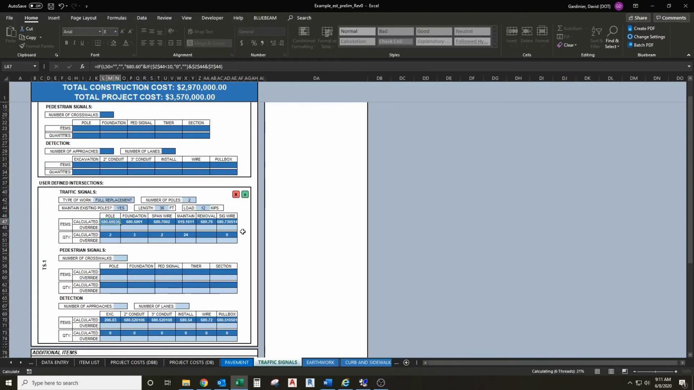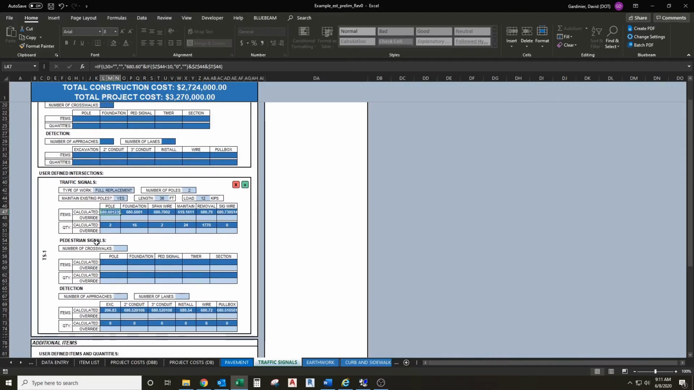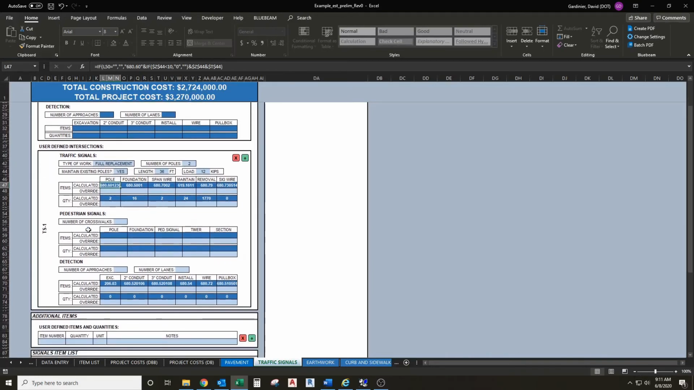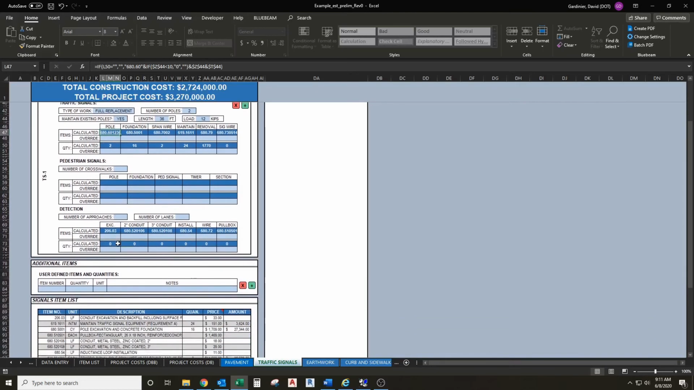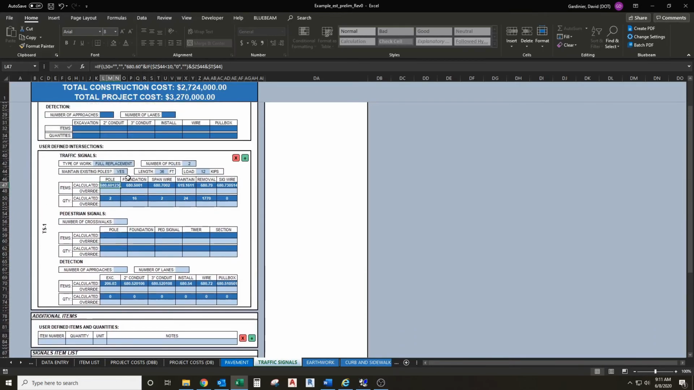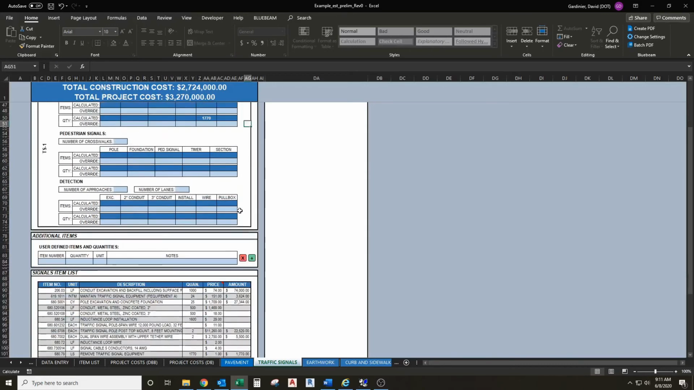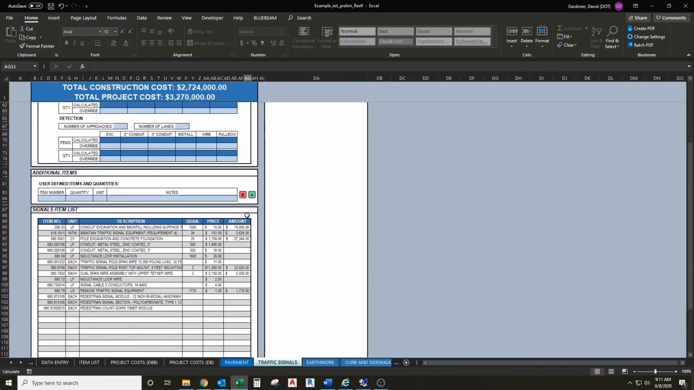And this allows you to override your item numbers using this row here. You can override quantities using this row here for each of the segments of work. Similar for the pedestrian signals and detection sections here. I'm going to go ahead and remove those now. To show you below here,